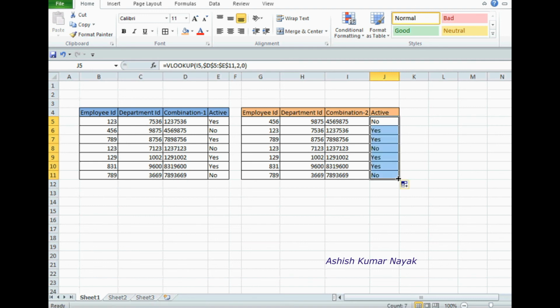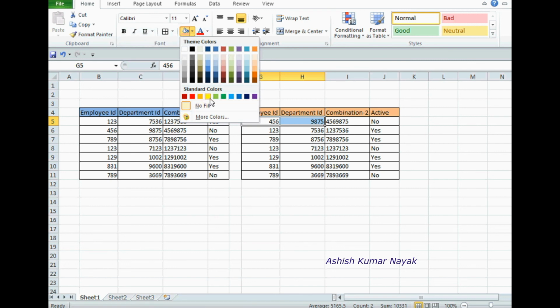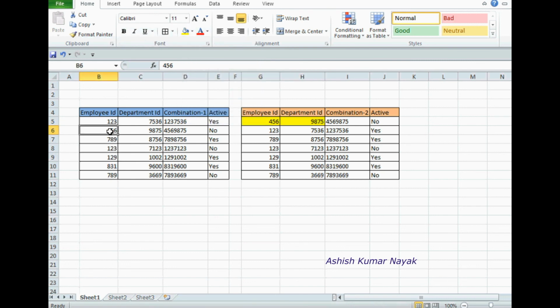Now drag it. Got it? Now we can see employee ID 456 with department ID 9875. See here, 456 9875, here 456 9875. The value is no here, so the value is no here in the second table.